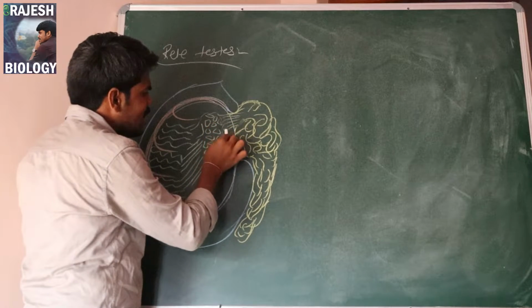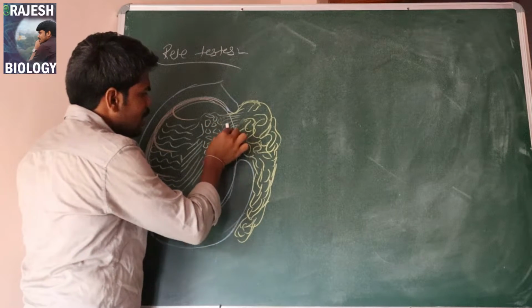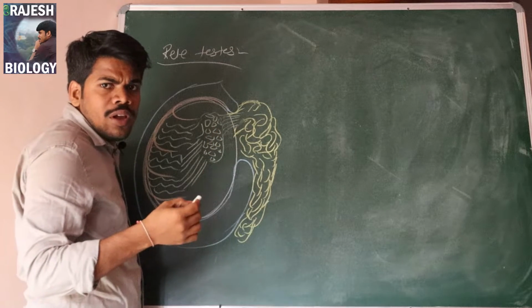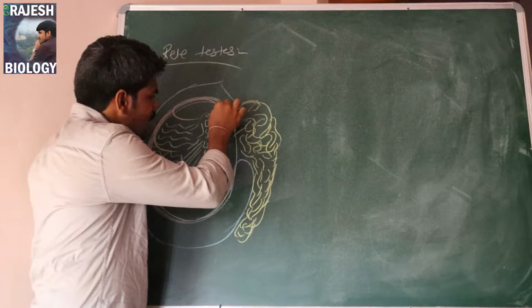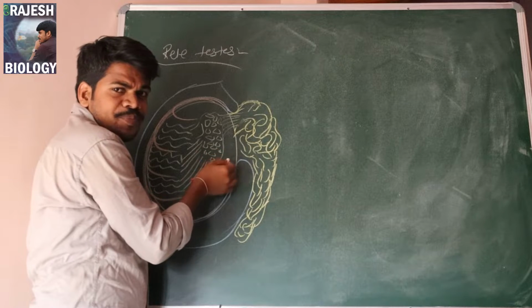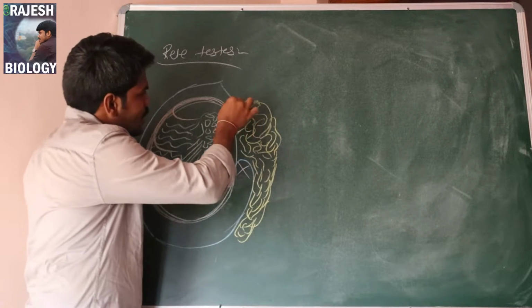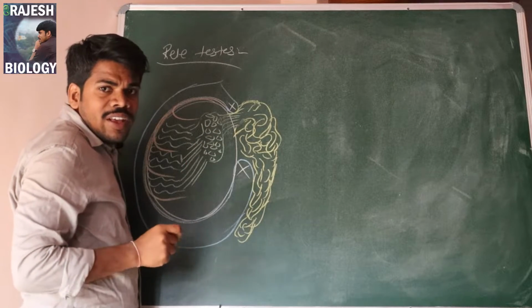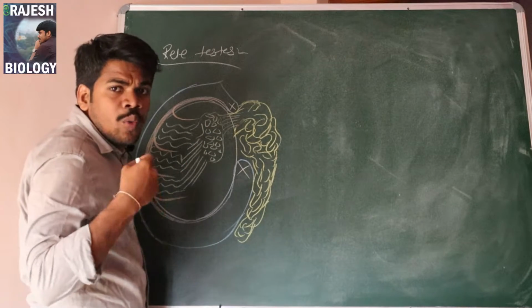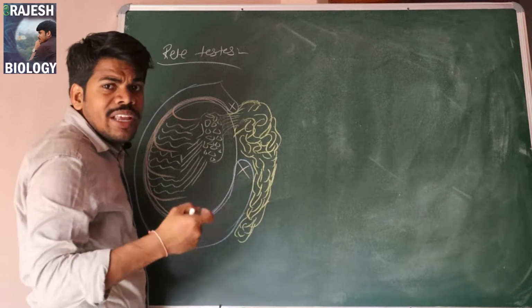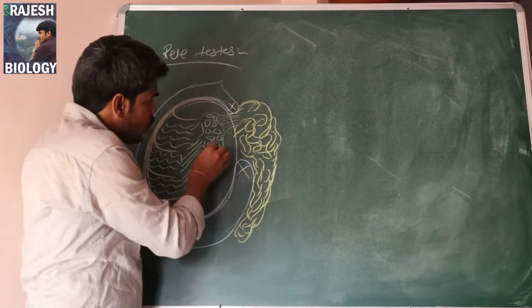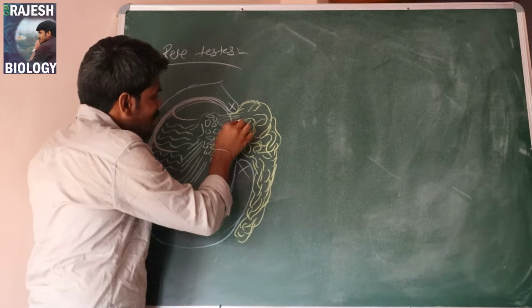Mediastinum testis is the area with connective tissue, where the tunica vaginalis is not present. The area where the tunica vaginalis is not covered is called mediastinum testis. Through the mediastinum testis, the